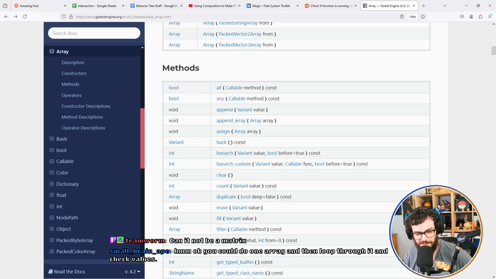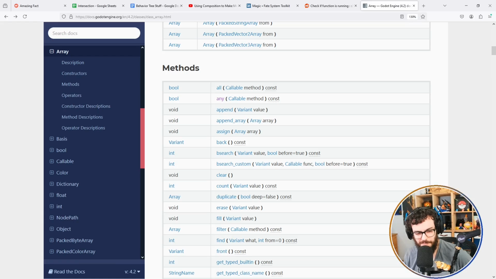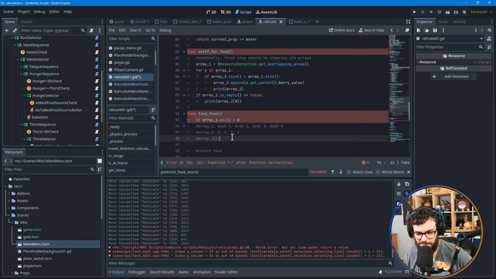Looping through it to check values could be done with two arrays either way. But the thing I think would be easier with two arrays is if you find the highest number of berries in the second array, you know that it's in the same location in the first array. So if the fourth item is the highest number in array 2, then you know that the berry bush that has that is the fourth one. Otherwise, you have to do a bunch of math based on the size of the array that you've made, which I guess I could do, but